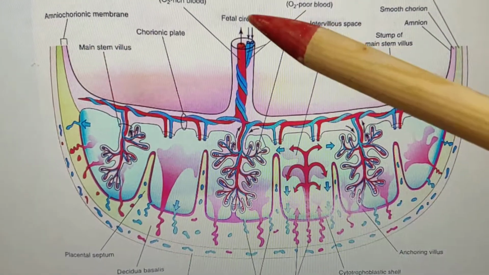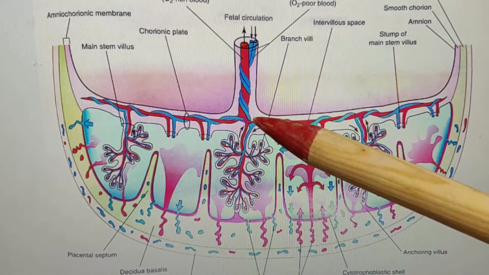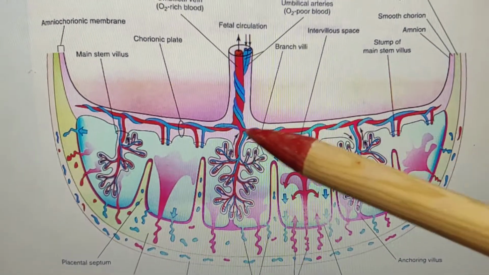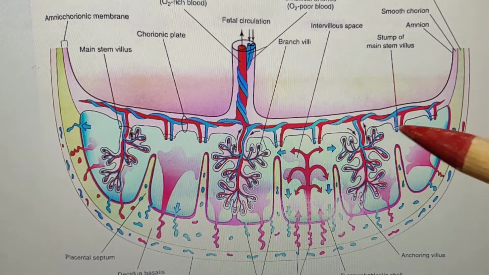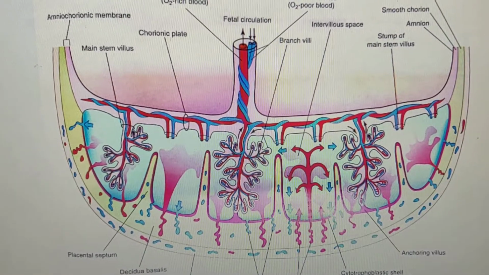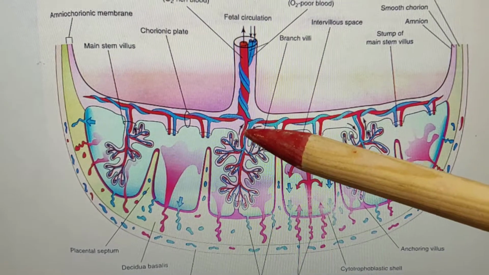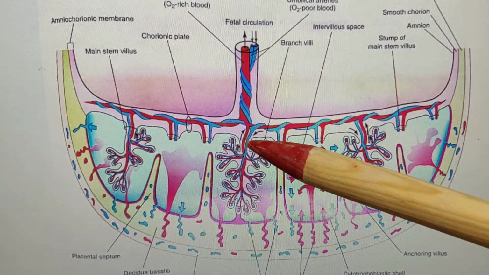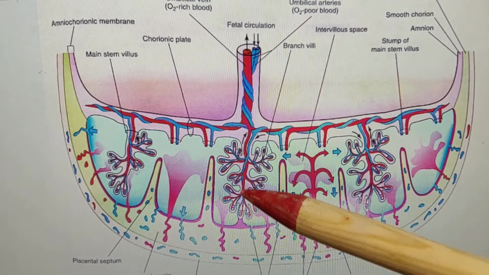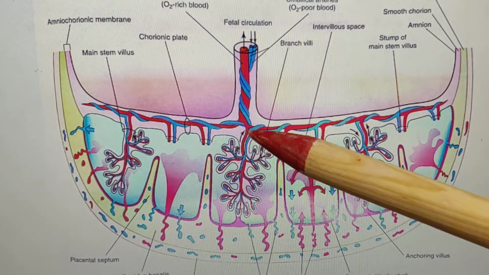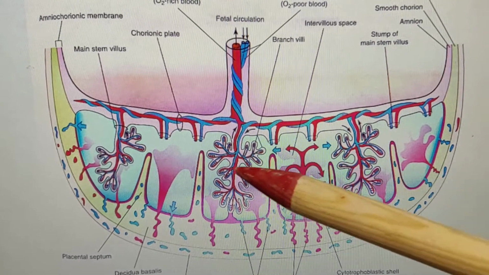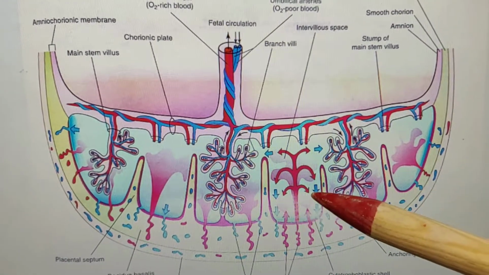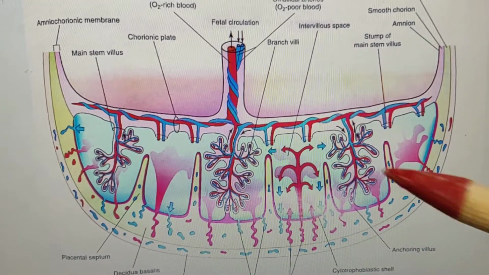Now this umbilical vein and artery, when they arrive towards the chorionic plate, divide, and these branches are the chorionic vessels. These chorionic vessels, now see these structures. This is the villi. It is the tertiary villi. In this diagram, we have seen three villi, while two villi are cut in this diagram and removed.